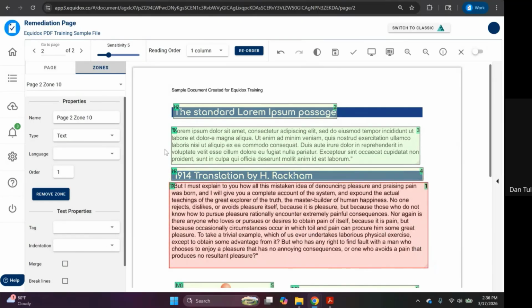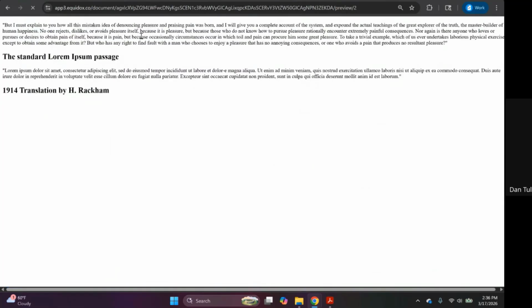When you create a new zone, it's going to be a text zone by default because that's the most commonly used zone or tag type in a PDF. So you're going to click and drag, and when you do, it's automatically just going to be text until you change it. Now, if I were to go to the preview after making that adjustment, what will stand out to me